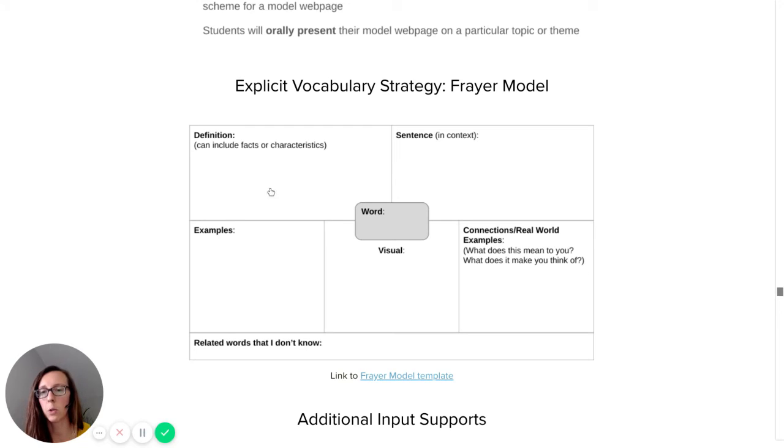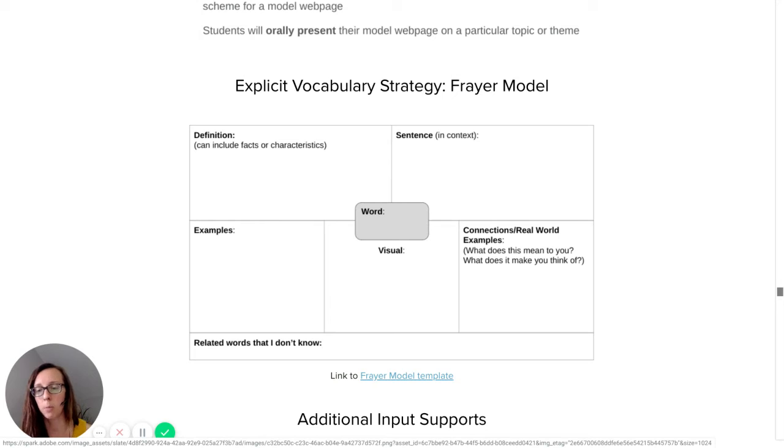I've often included under the definition or under examples a place for students to also include what this word would be in their home language or in their L1. And this is another way to help provide context for other students. So if one student knows that word in their home language and there are other students in the class with the same home language, having that student share out if they feel comfortable doing that can help bring other learners along, kind of in deepening their understanding of what that word is.